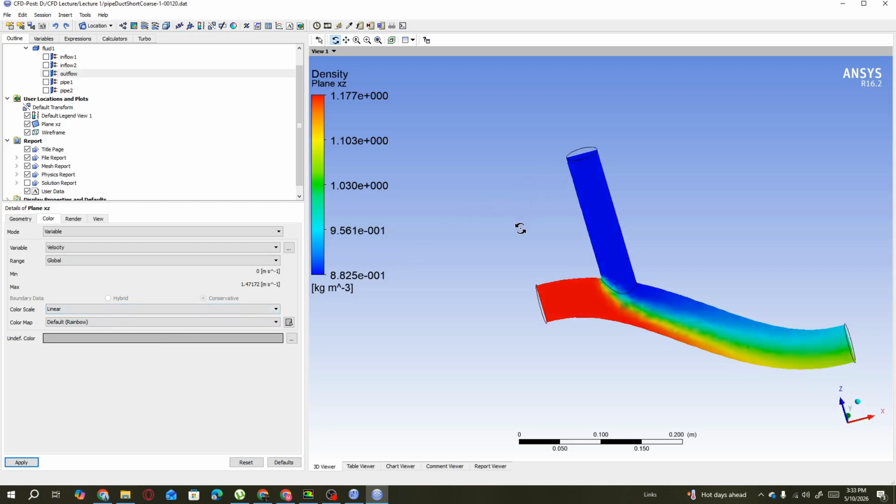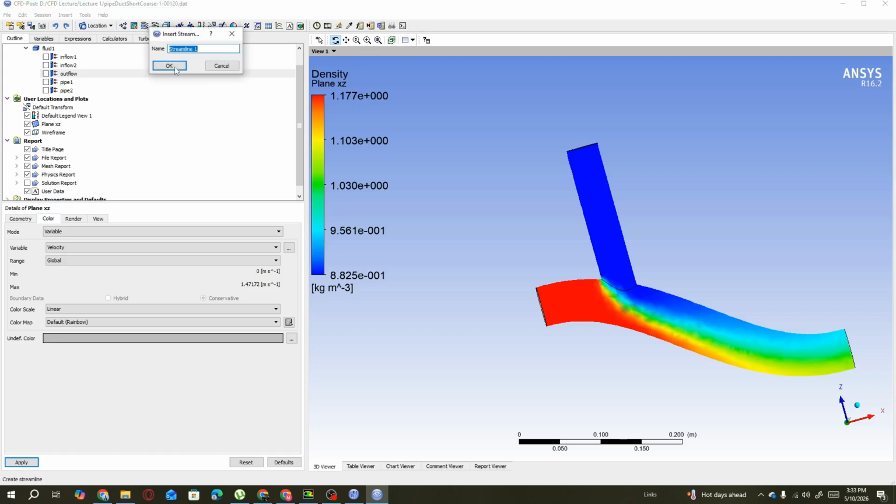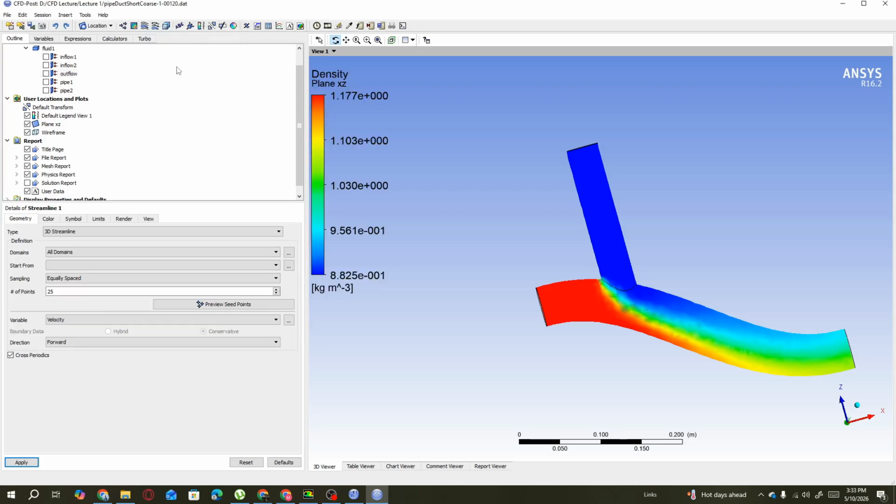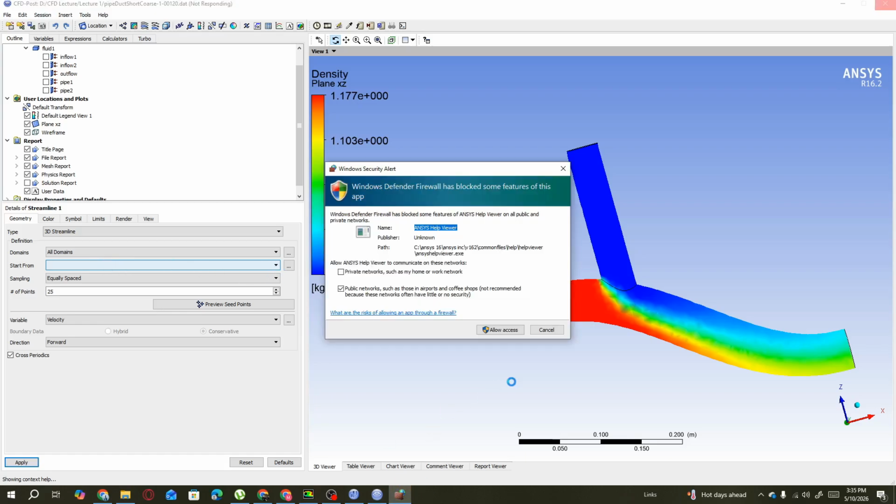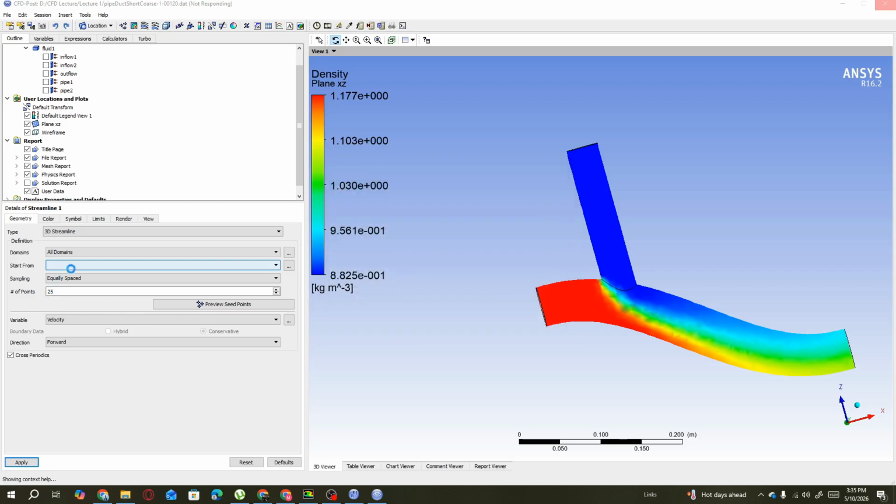But let's suppose we are interested in getting a streamline result. This is the streamline option, and this is your particle track. Okay, if you are interested to check the particle track, you can utilize this option. Right now we are selecting the streamline result, and let's say it is stream 1. Okay, and here all domain, and then we will select